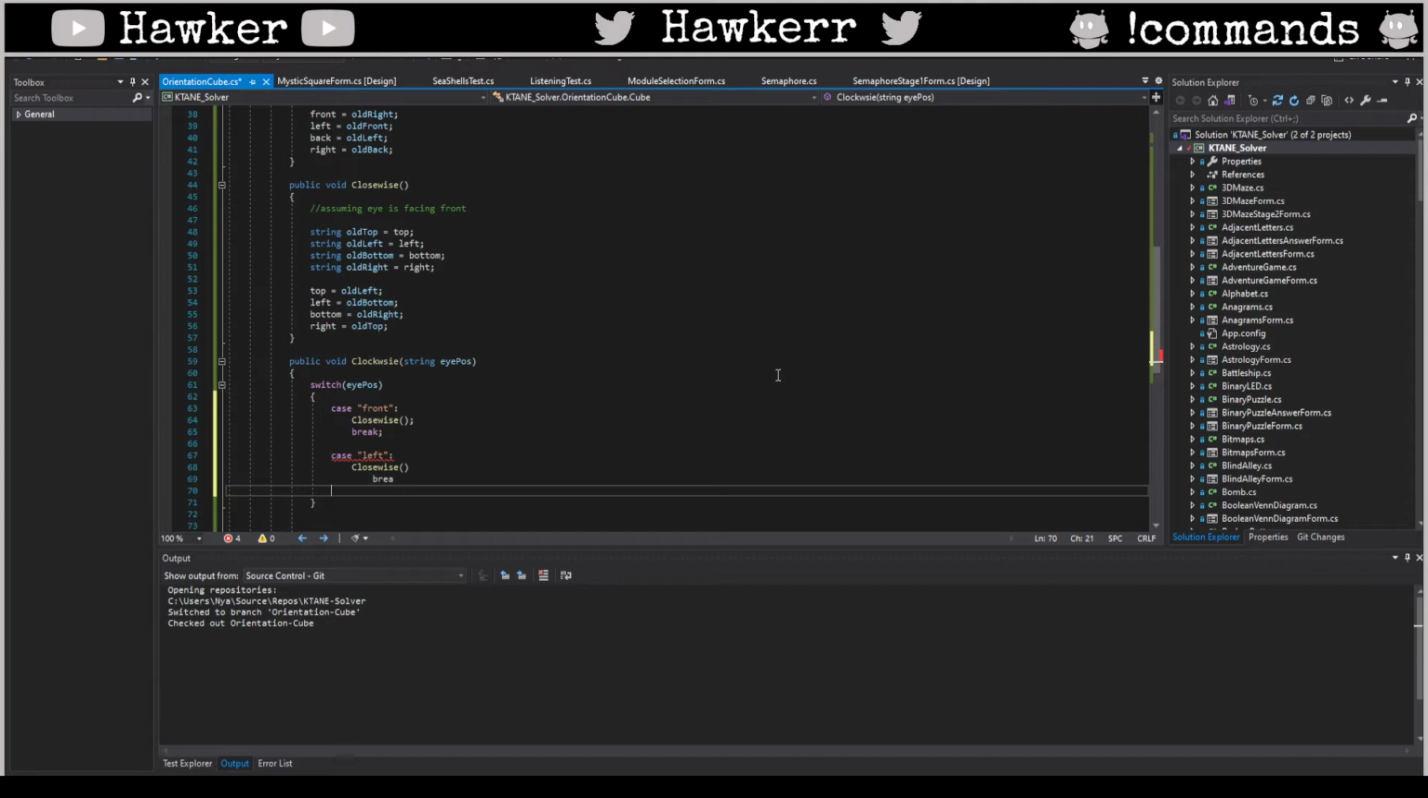Okay, if it was left, this is stupid. Come on. There we go. Alright, so if it was left, and left clockwise would mean, it's a Rubik's Cube, why don't I just rotate it? Clockwise would mean